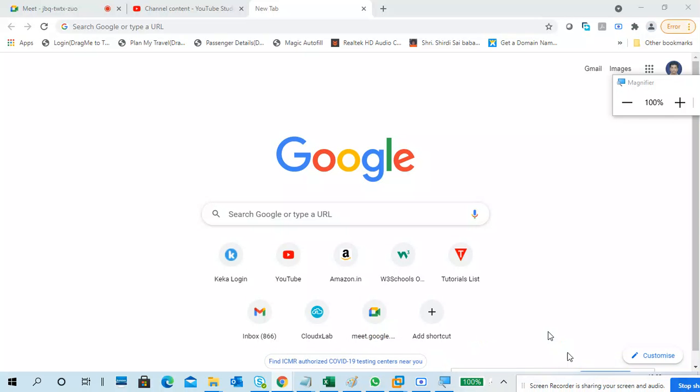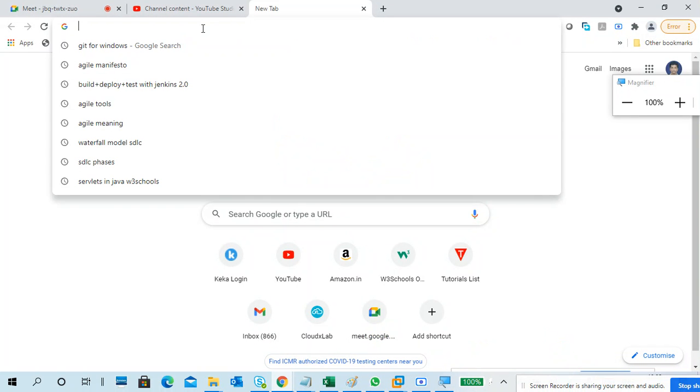You can able to see. If you have time, you can try this one. Okay,